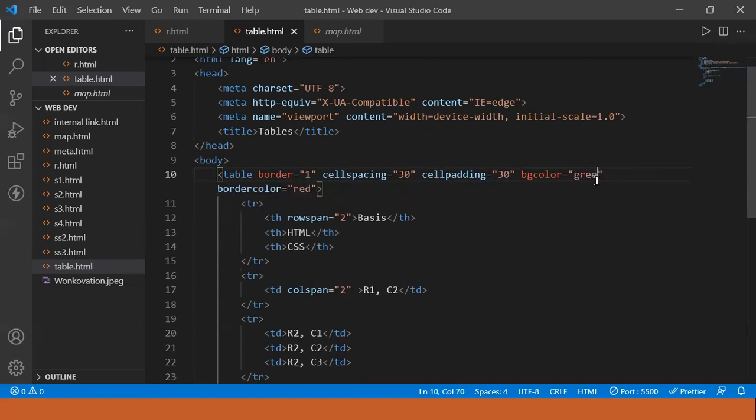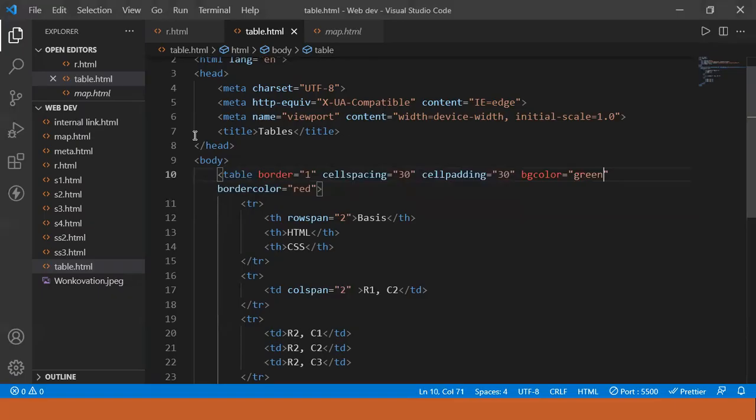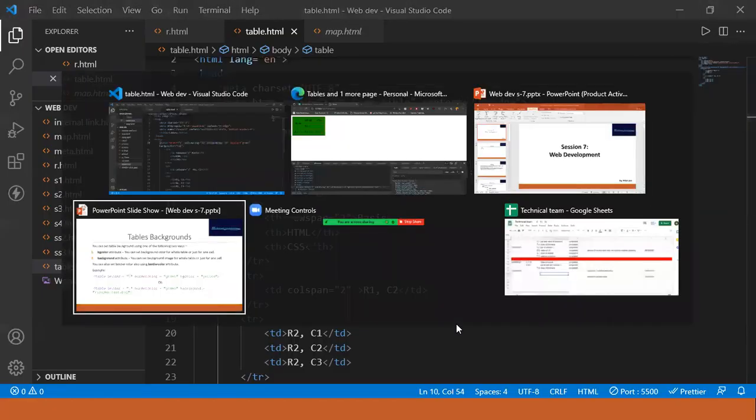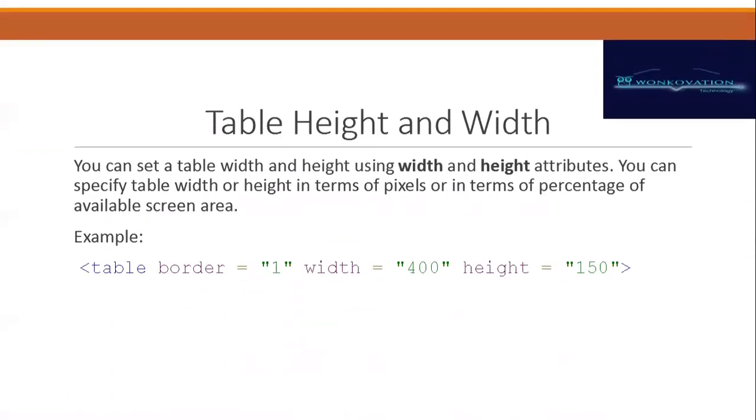Let's say it should be green. Yeah, it has become green, and I will decrease the cellpadding to 10 over there. Yeah, fine. Now we have done the table background.